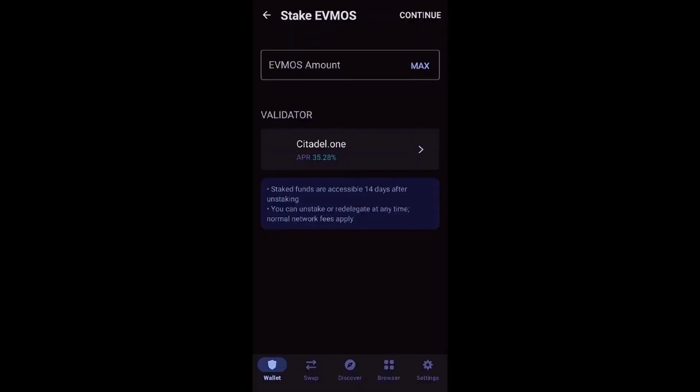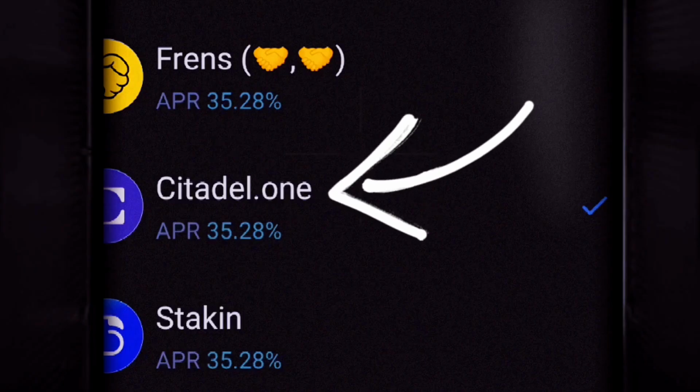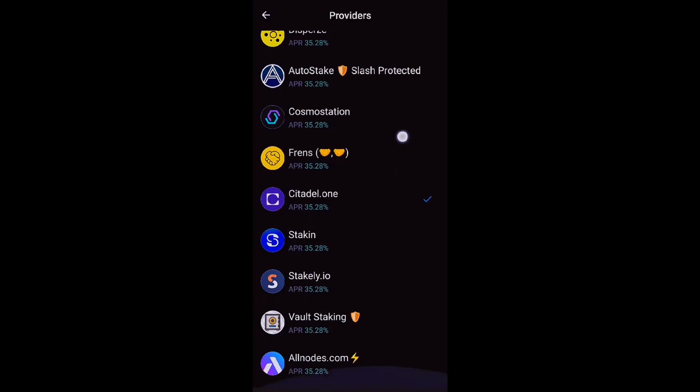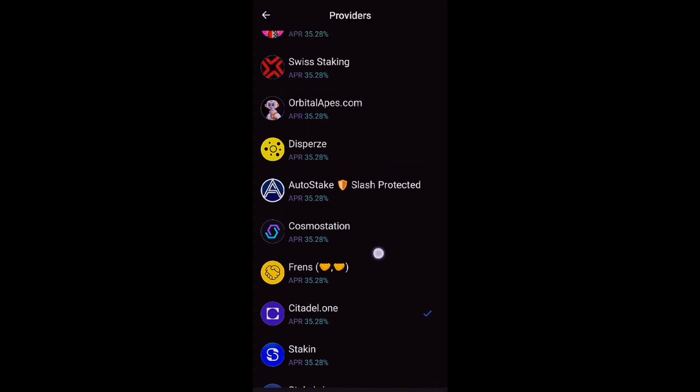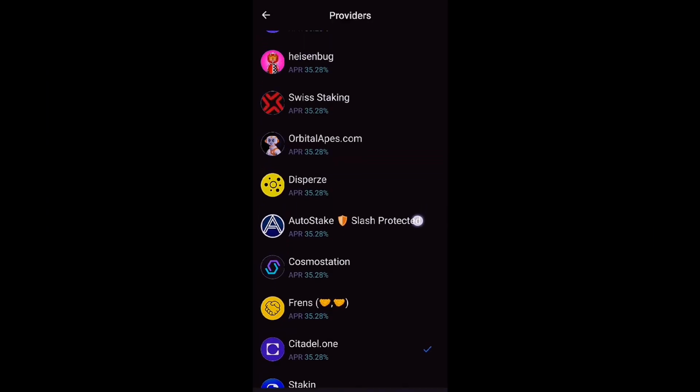Then we have the validators that you are going to provide your Metamask tokens with. In here, we have a long list of validators that you can stake with in order to earn some rewards. So you are by default being chosen under the Citadel.1. In case you are not okay with them, then you can always go and look into the other validators. You have Cosmos, Station, Disperse. Okay, I don't know the ones that you like, but